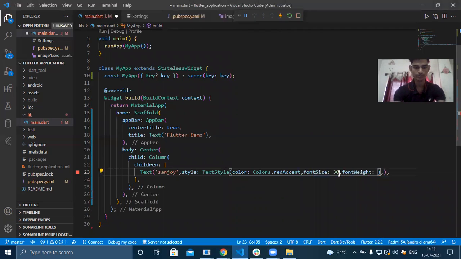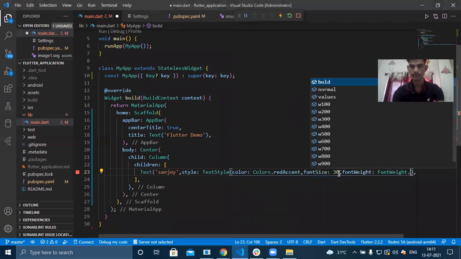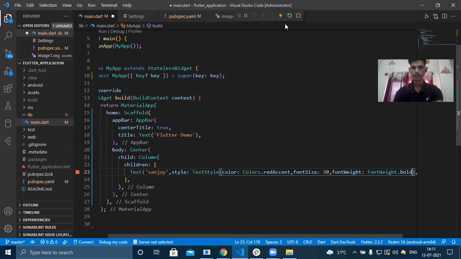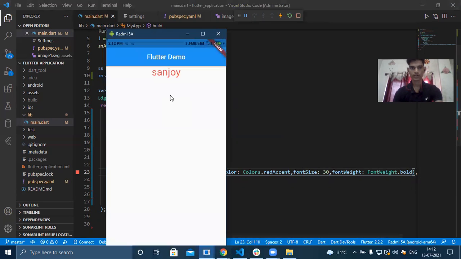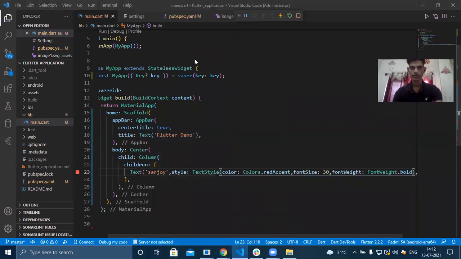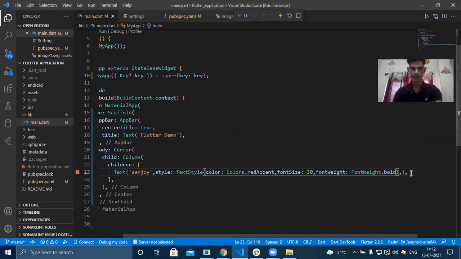If you want to bold this text, you can use FontWeight dot bold. It will be bold. Yeah, you can see the difference. So those are the attributes of the text widget.